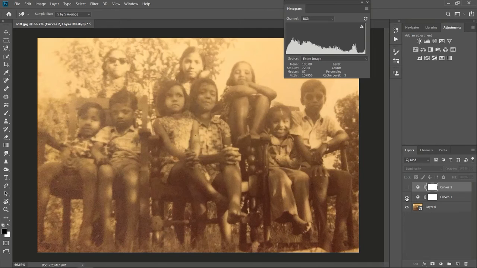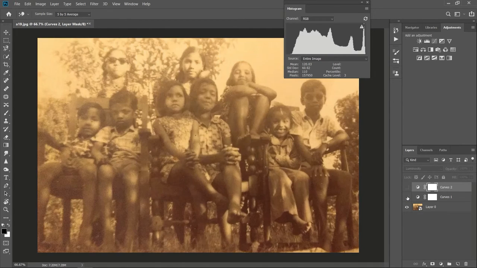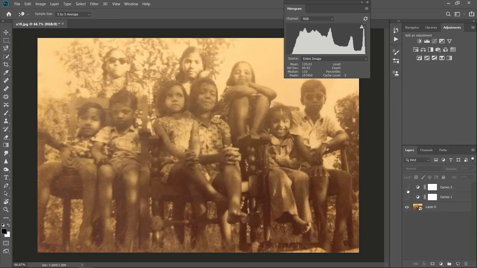Thus we are focused on decreasing the value of shadows and increasing the value of highlights. We want highlights to be more bright and shadows to be more dark. So you can turn the visibility mode on and off to have a preview of each adjustment layer and how